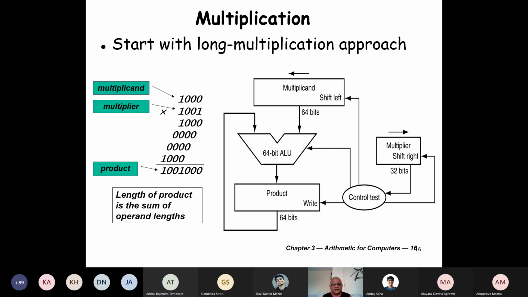We will first understand the basic multiplication, and then we will put back the sign and all that stuff, 2's complement. We'll just understand the basic multiplier, because if we start doing all that, it will become extremely complicated. Don't want to get into that. Good question, Ambuj.